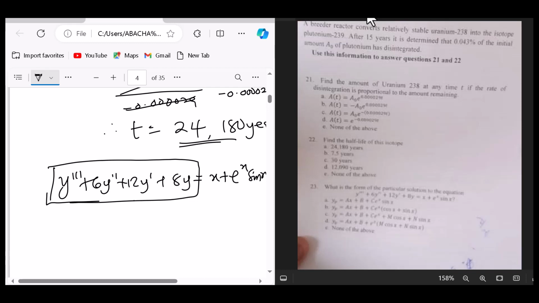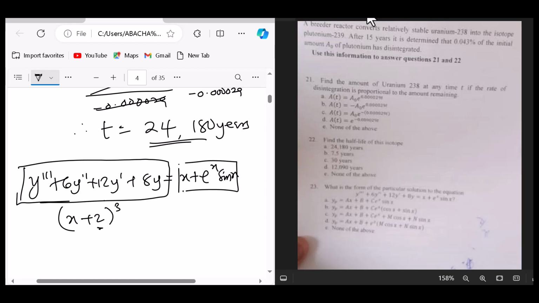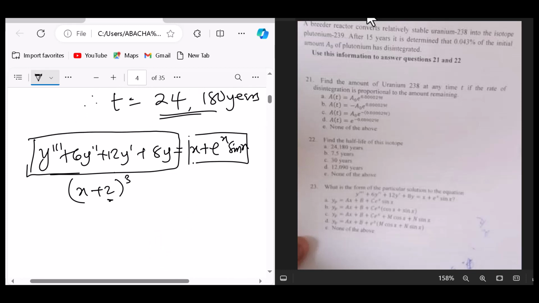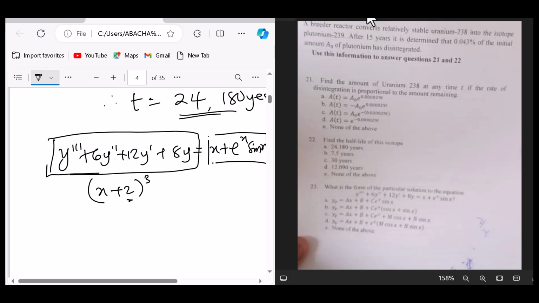So that's just (x plus 2) to the power 3, where the 2's are up to 3. And looking at this, it will not affect the solution. So because of that, you can easily write it. So this is a linear function, so our y_p can be written as ax plus b. That's for this part,